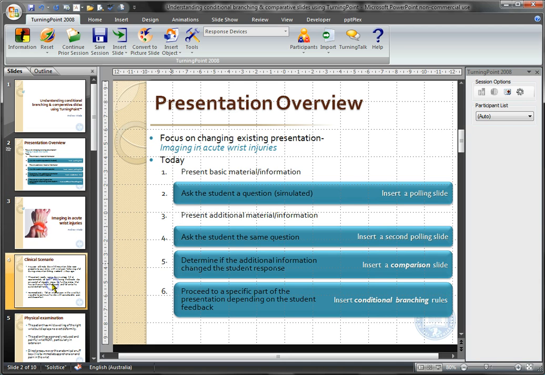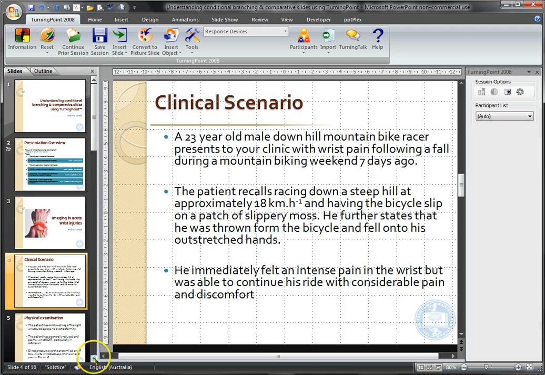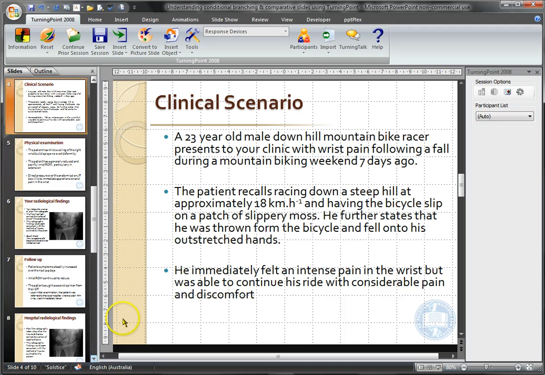So the clinical scenario that we have is of a 23-year-old male, and he's fallen off his bike about a week ago. He fell onto his outstretched hand and had some immediate pain and discomfort in his wrist. So at this stage what we'd like to do is ask the students what they believe that the working diagnosis would be. So on the left here I highlight the area between this slide and the next,